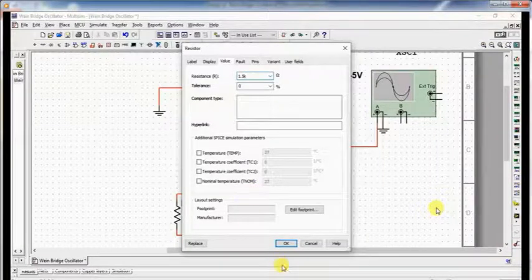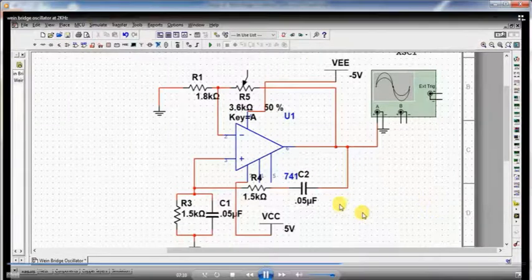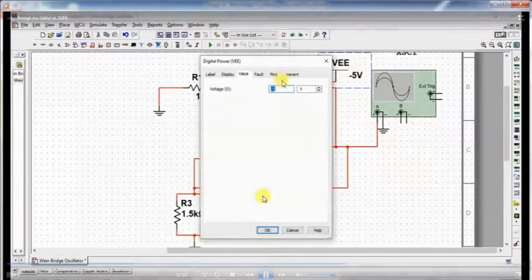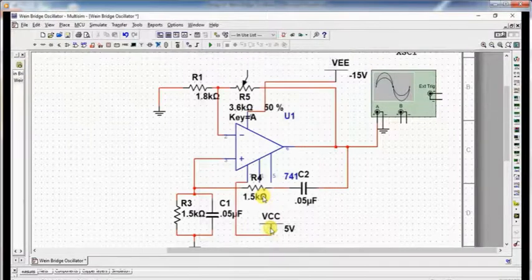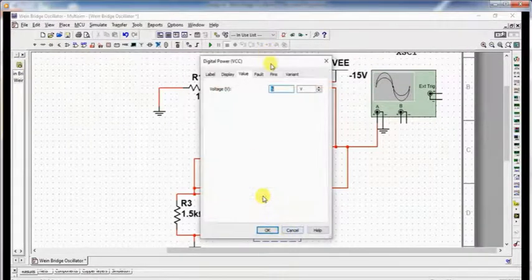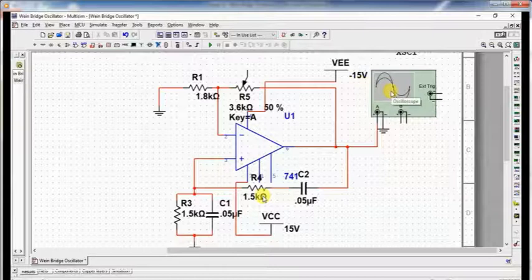And now the value of resistor will be the same here, R3 and R4. So this is 1.5 kilo ohm and R3 is also 1.5 kilo ohm. Now change the supply voltage, that is minus VE and plus VCC, here we are considering plus 15 volt and minus 15 volt.